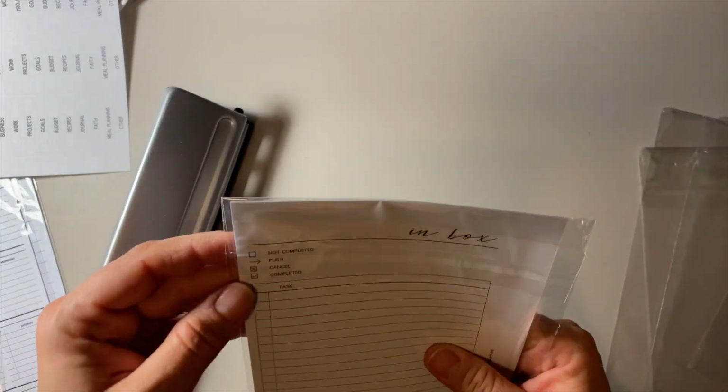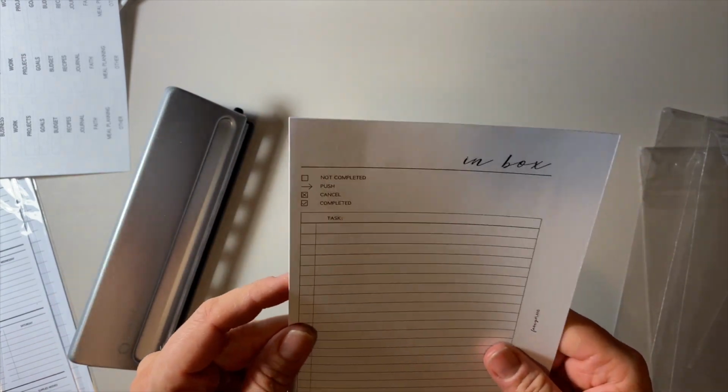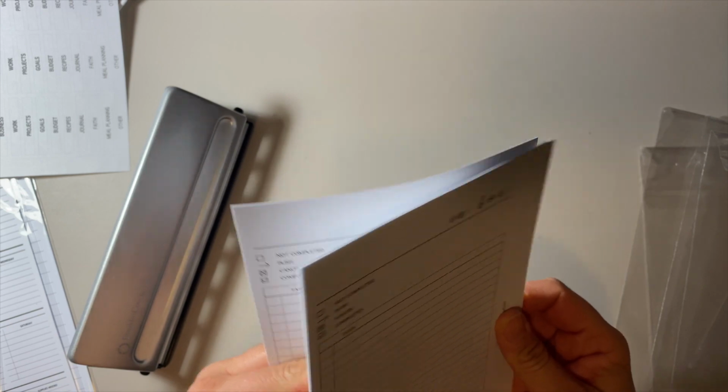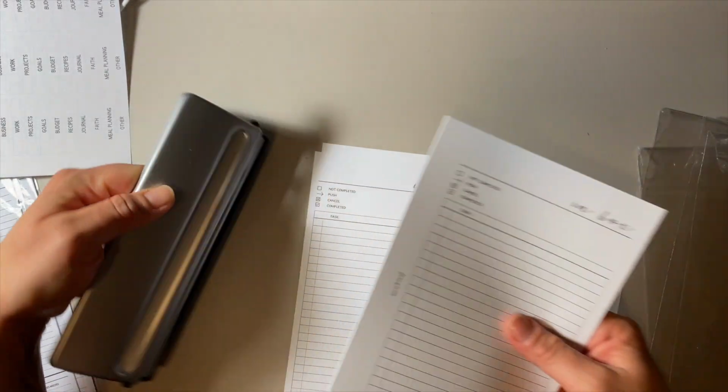Okay, the next one is the inbox. Now, I don't really know if I need this because to me it's kind of like a brain dump. I would probably use this as I go. I don't want to waste them, so it's not like I'm going to use a new one every day. It's not like I would change this out every single day, but